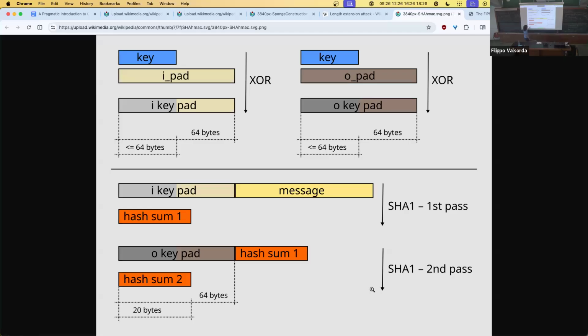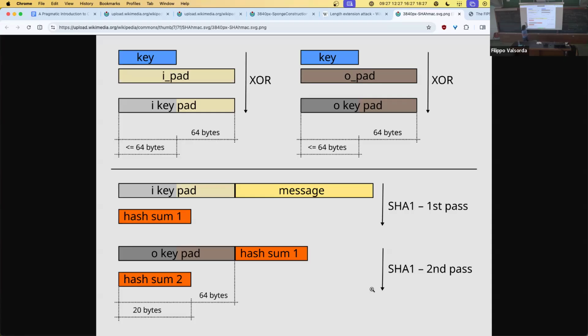You take the other tablet key. And why do we have them different? Because this way you can't swap these out in an attack. You can't take this and say it's the I keypad for the hash. So the starts are different. This might not actually lead to an attack if they're the same, but it makes it much easier to prove that it's correct. You will see there's a bunch. Sometimes you do things in a slightly different way because it costs you nothing and makes it much easier to reason about the security. So you just do it twice.